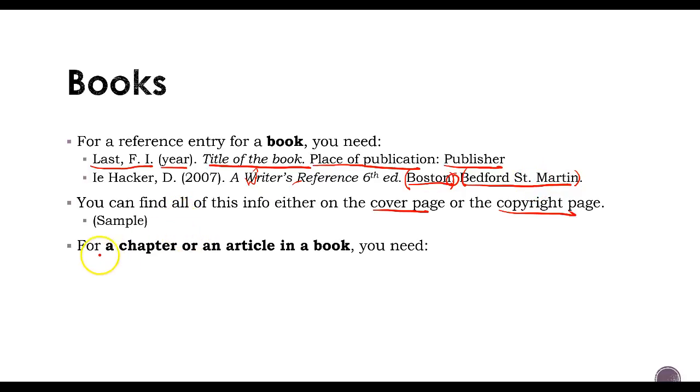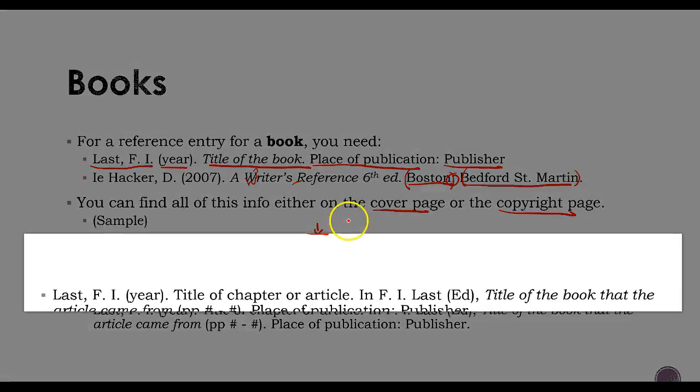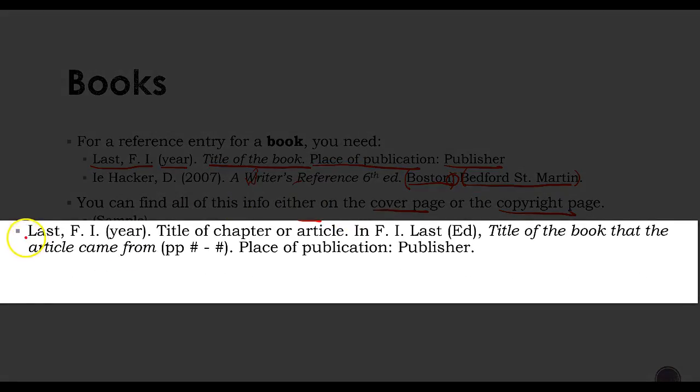So for a chapter or an article in a book, and this is going to be really important because this is the kind of source that you're citing when you cite Zinchenko or Balko, you need the name of the author, the original author, which would be Zinchenko, comma D, the year that he wrote it, 2002. The title of that piece is Don't Blame the Eater. Then you'd need the information from the book. So you'd say in